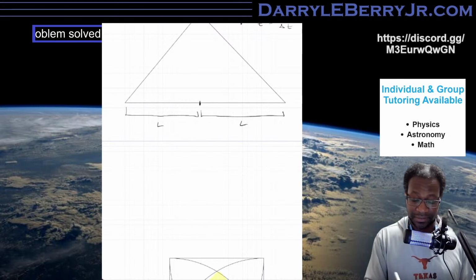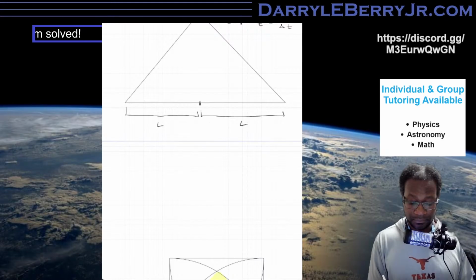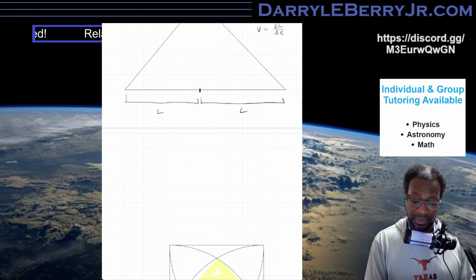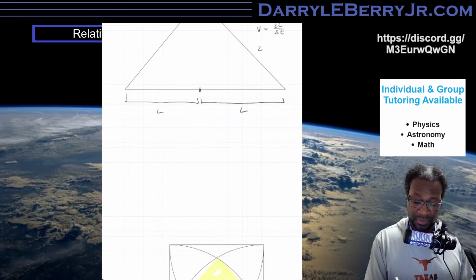And the velocity here is c. So we could say c equals 2L over change in t, which means we can say 2L equals c change in t. We can say L equals c change in t